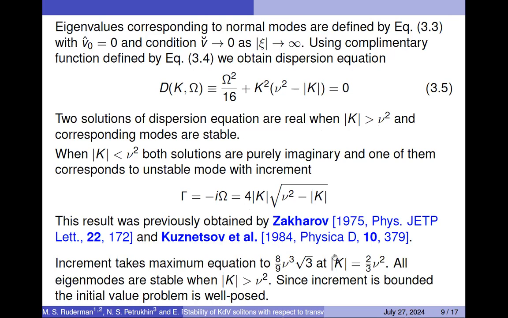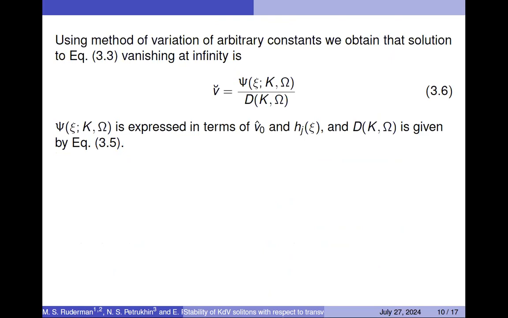The maximum increment is given by this expression, and we see that all eigenmodes with k larger than nu squared are stable, so the increment is bounded, and our initial value problem is well posed. That's very important, because only for well posed problems can we study absolute and convective instabilities. Now we use the method of variation of arbitrary constants and obtain the solution to the initial value problem given by this expression, where both